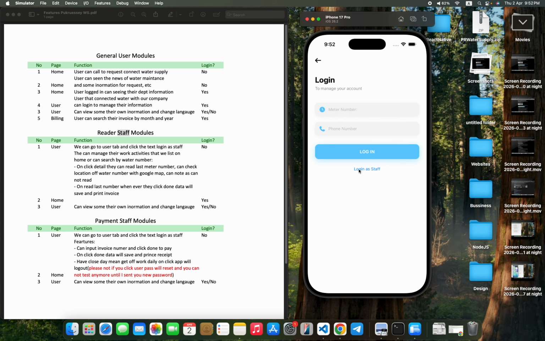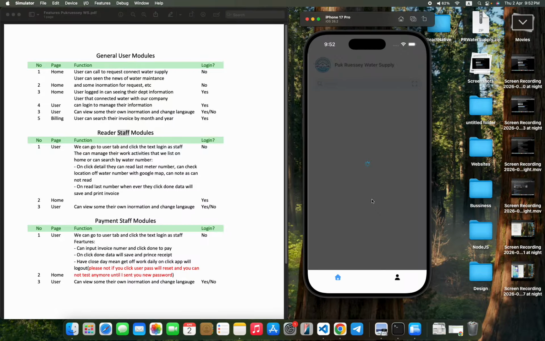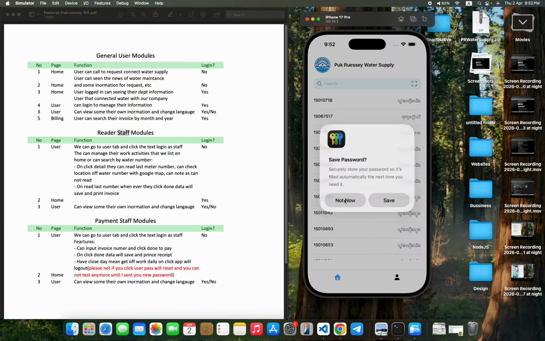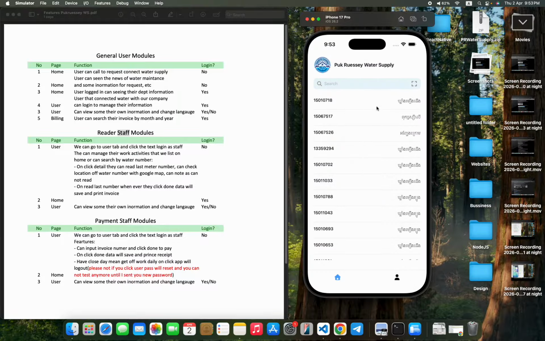Click login as staff right here, and we input the user email that we provide to our internal staff, and we will also provide it to you. We can log in like that, and we see the home page, so we can manage our work.